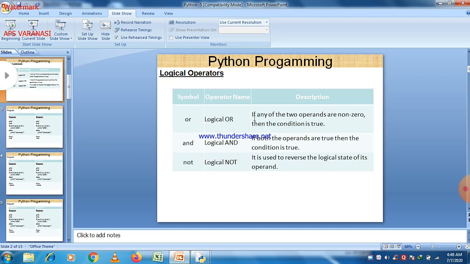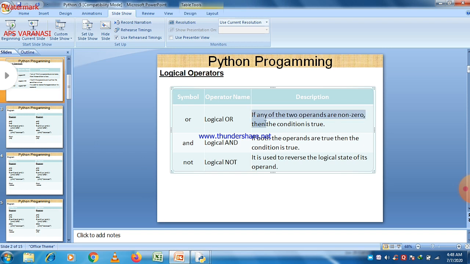Now, the OR operator: if any of the two operands are non-zero, then the condition is true. Instead of non-zero, just write true. Because here we can easily see that a statement is either true or false, so the comparison is in terms of true or false.